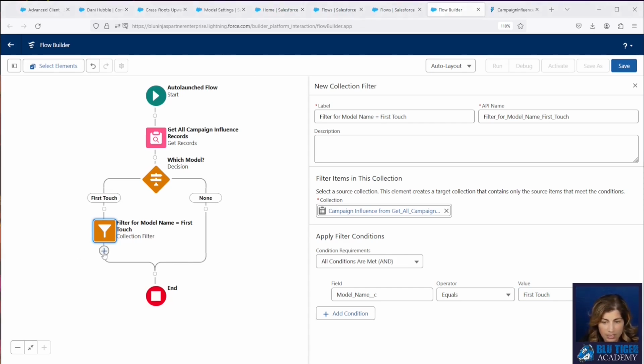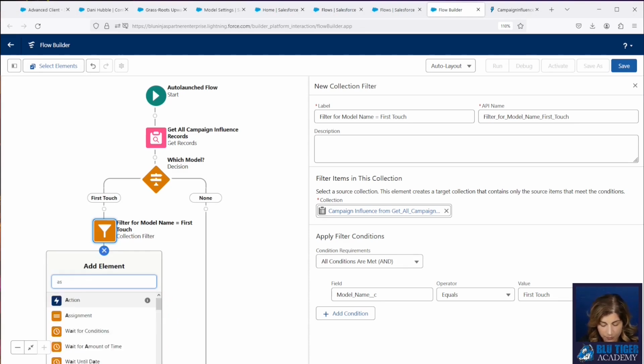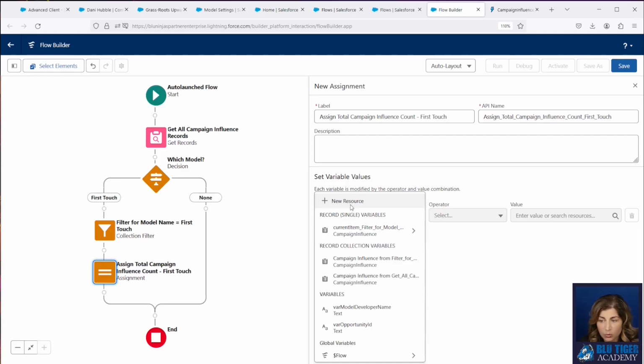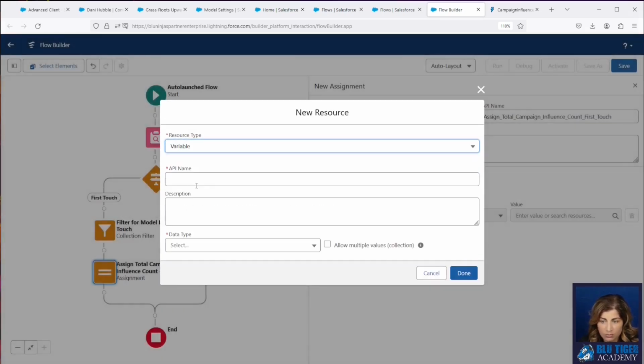Your next step is to do an assignment here. And we're going to assign the total campaign influence count in our first touch collection filter. We're going to create a new variable. This will be called var campaign influence record count.